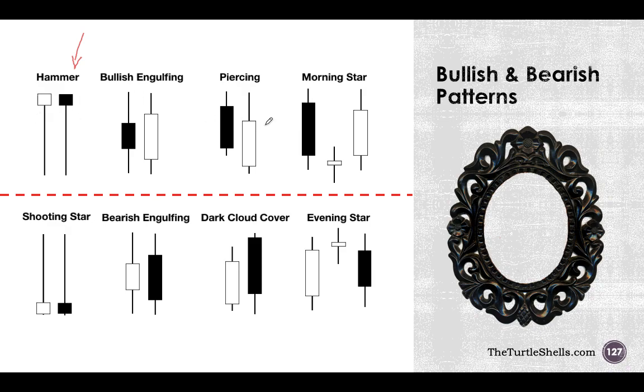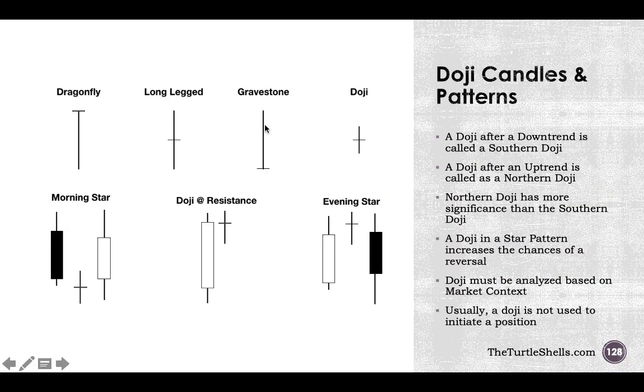So the level 1 is going to be 8 to 10 hours worth of video content with chart examples, and the level 2 is going to be at least 6 to 8 hours of video content with chart examples. All of the videos will have chart examples. So there's no theory in that. It's directly we go to the chart and we do some analysis on the charts. So it's around 10 to around 16 hours worth of video content, level 1 and level 2 combined. So just have a look at that. I have not counted the exact number of hours, but I think it's 14 to 17 hours worth of video content